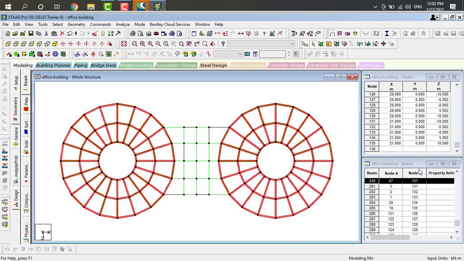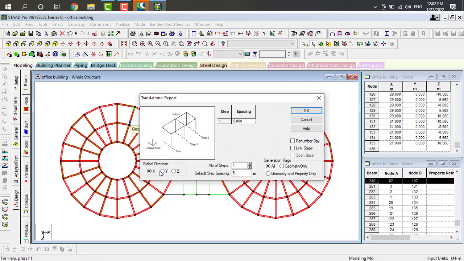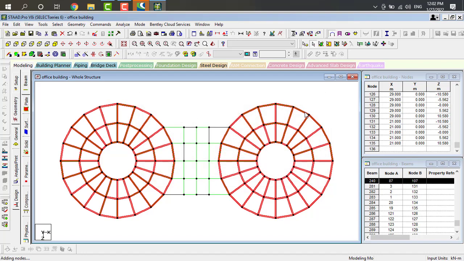From here we have to give these two circles as translation repeat in y direction. It is 10 floors or 15 floors as you wish. It will be 3. Just click on link steps and click on OK.